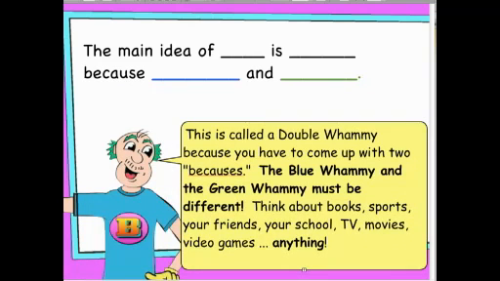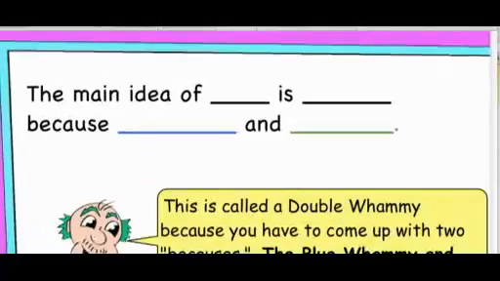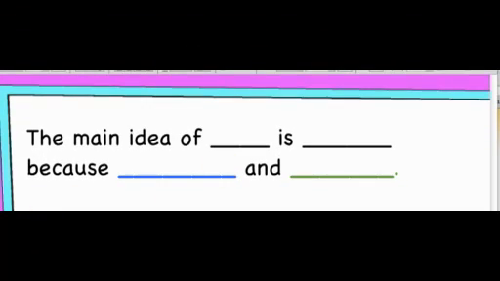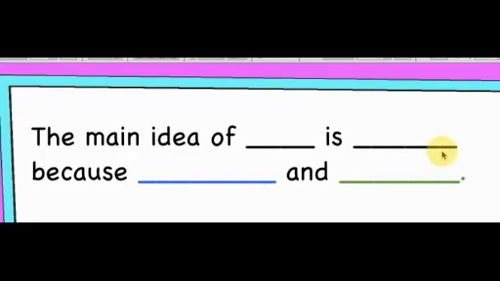Here it is. My online audience, fill in that blank. The main idea of blank is blank because blank and blank. The blue and the green blank must be two different things. And if you have problems reading this, that's going to be no excuse because I'm going to blow it up. I want some examples from my online audience. The main idea of blank is blank because blank and blank. Not so easy, my dear educators. But notice we're not just throwing this at them, we've walked them up to this point.